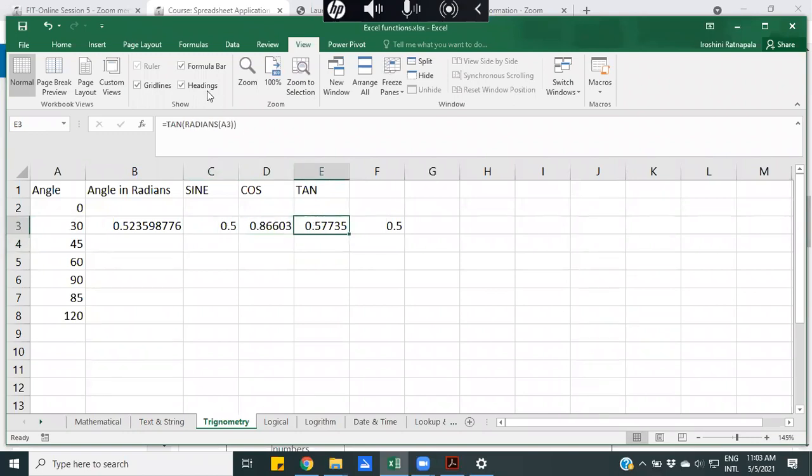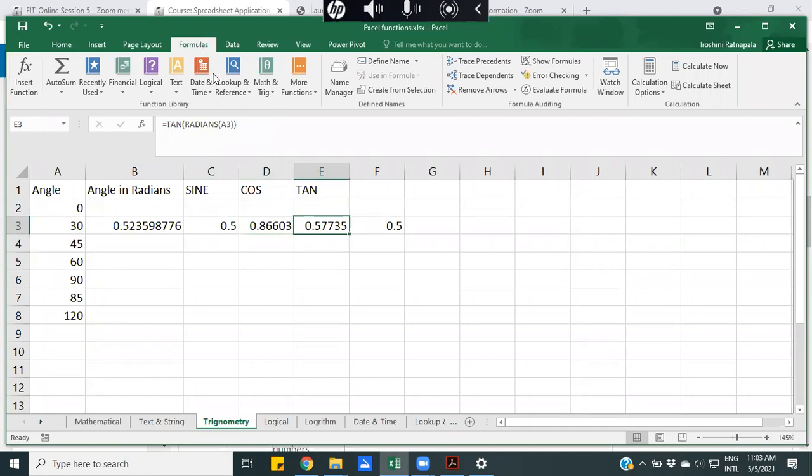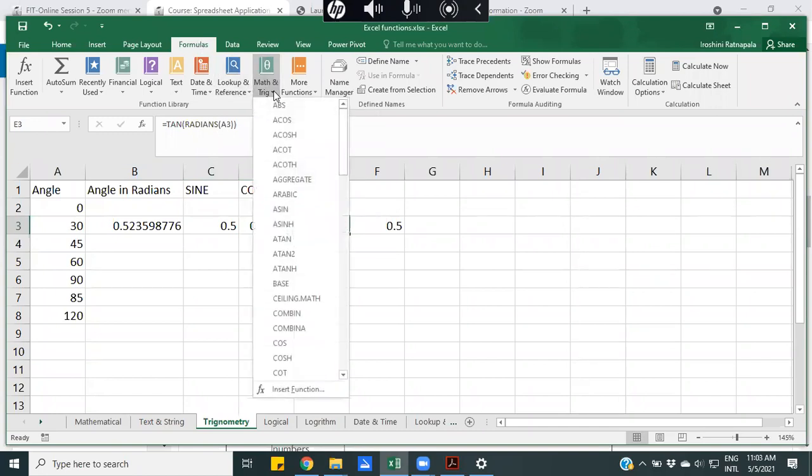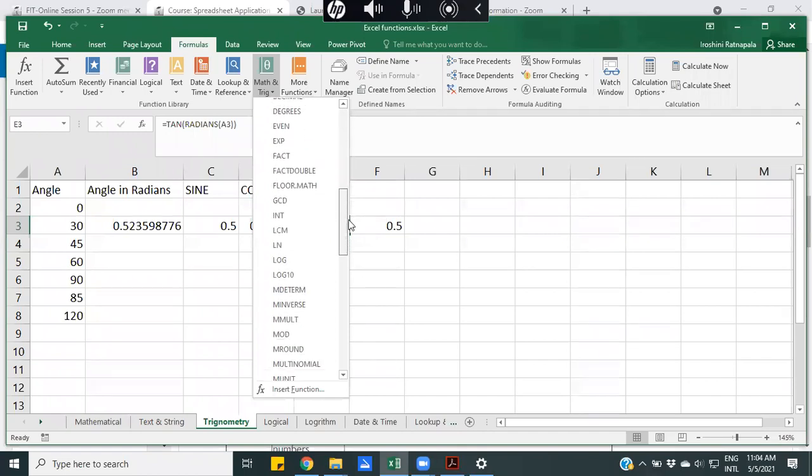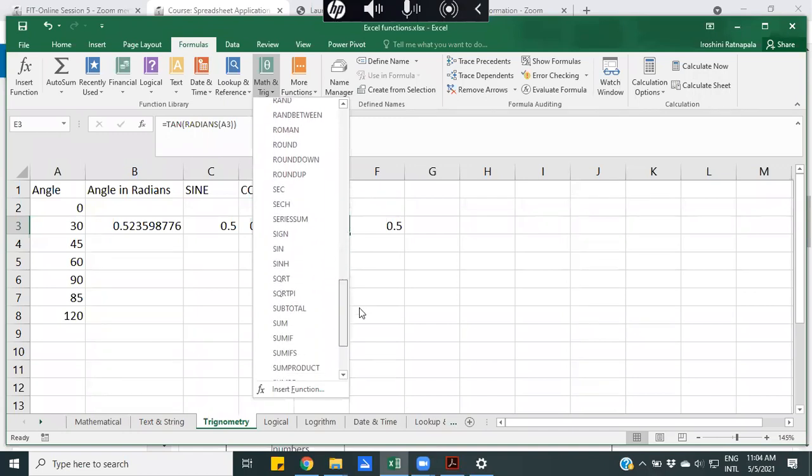When you go to Formulas and select Math and Trig functions, you can see the other functions as well. Not only sine, cos, tan, but sec, cosec, cot, all these trigonometric functions are available in Excel, right?